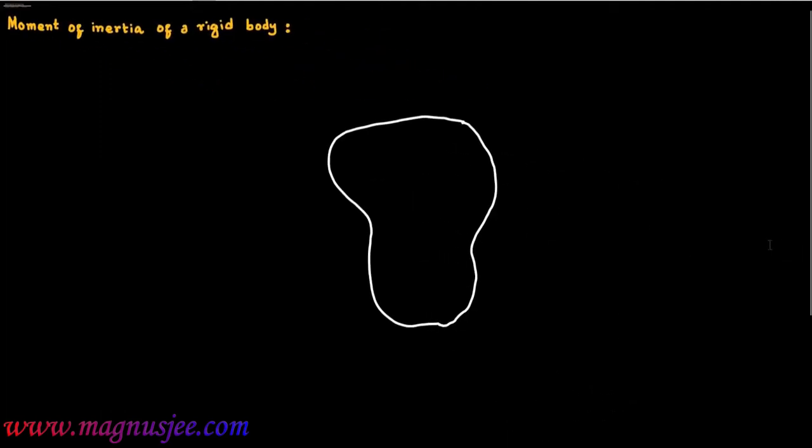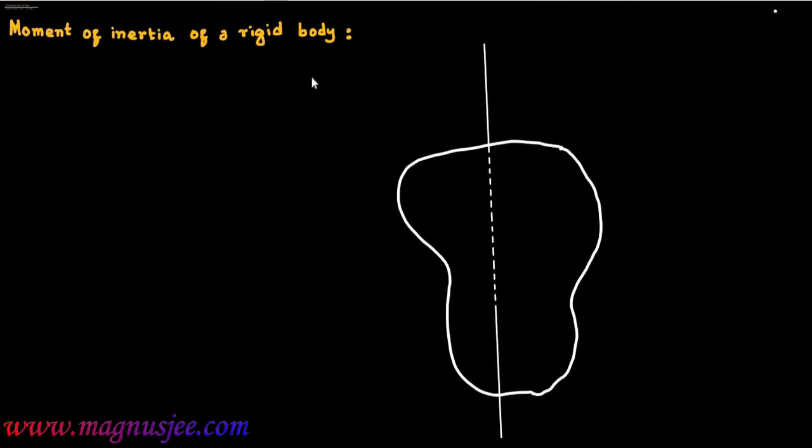This is a rigid body, and we can draw the axis of rotation. This is the axis of rotation of the rigid body, and this axis of rotation is AB. AB is the axis of rotation about which the body will rotate, and this is the rigid body having mass capital M. Capital M is the mass of the rigid body, and this rigid body consists of a number of